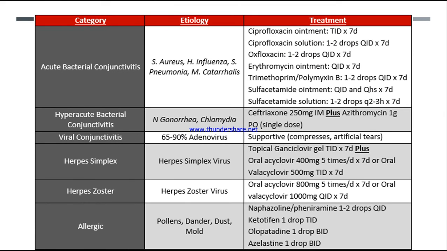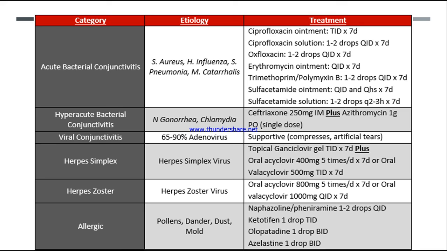Okay, so this is also another treatment. It is based on the types of conjunctivitis; the treatment can be given accordingly. So, like I said, first acute bacterial conjunctivitis. The causes are Staphylococcus aureus, H. influenzae, S. pneumoniae, and M. catarrhalis. The treatment is ciprofloxacin ointment 3 times a day for 7 days, ciprofloxacin solution, eye